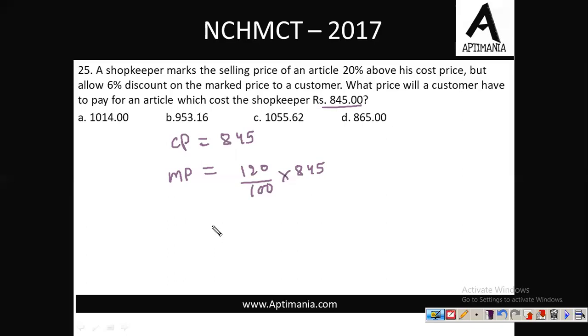So basically the selling price is 94% of MP. Why 94%? Because we have given a 6% discount. 94% of MP. So MP was this, and I am substituting the value of MP over here. So this is the cost price. Fine. So this is the selling price for the shopkeeper, and this is the cost price for the customer. So if we solve this, this is 6/5. Fine, and solving it overall we get the value 953.16. So again, easy question. The answer is option B, that is 953.16 rupees.